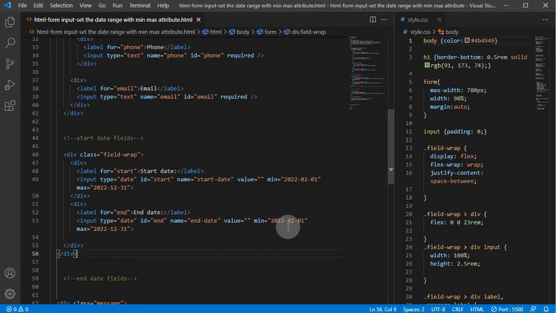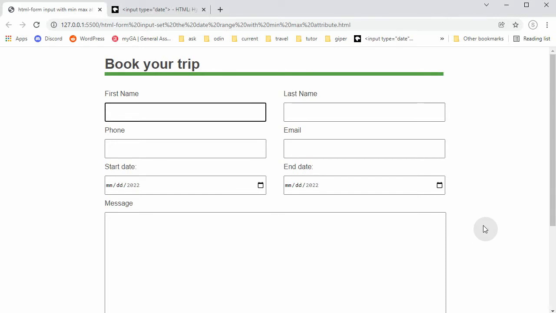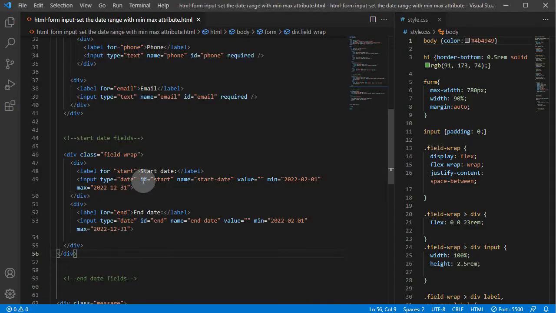For example, you can put any dates. Here the minimum value, I put the same just for the sake of simplicity. But you understand the point here, how this works. So going back, as an example we put the min 0201, so it's February